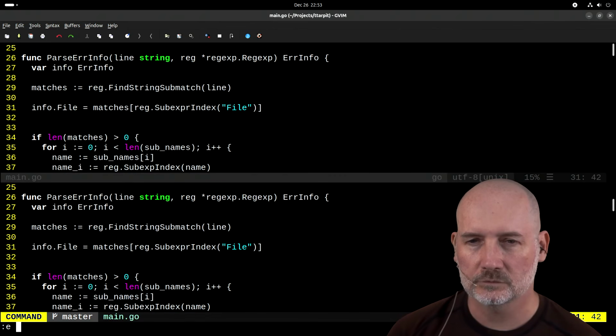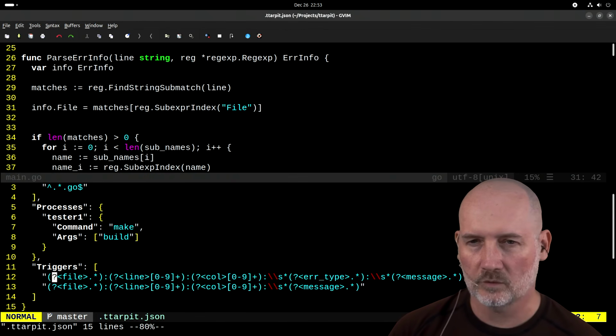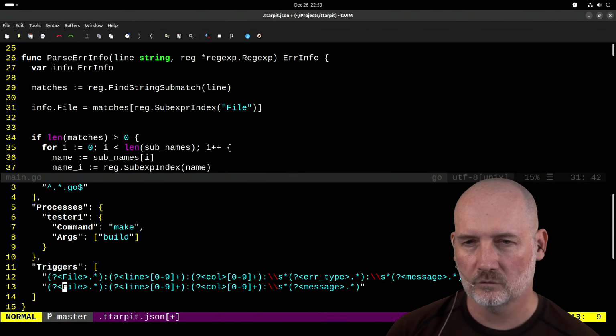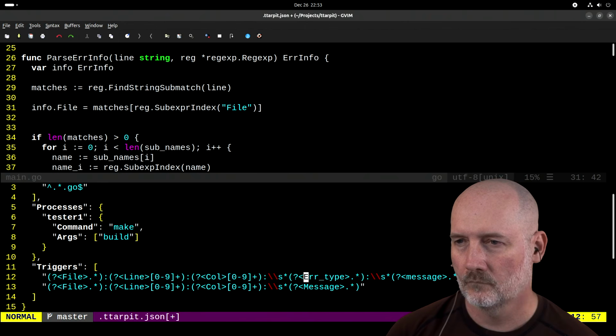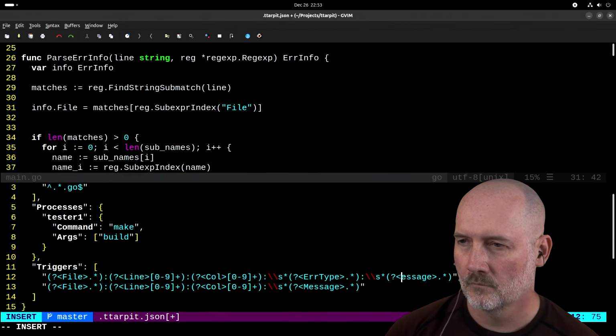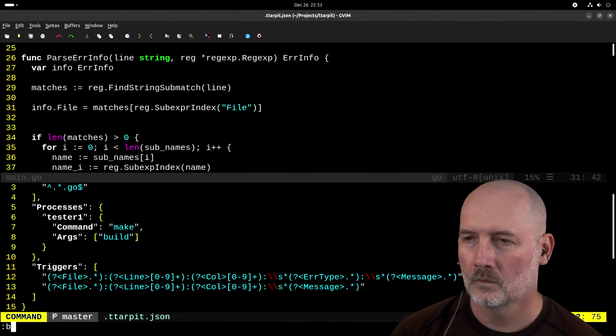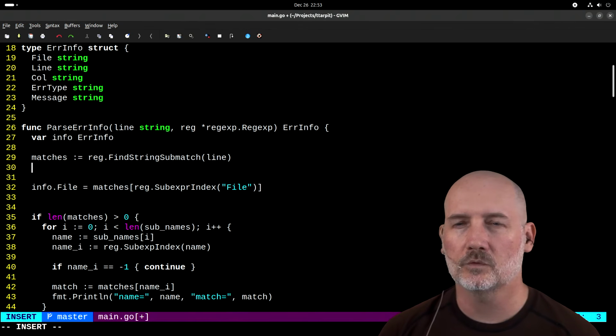Yeah, let's make those match in the config. And then yeah, I could probably use reflect in a future version, and it just fills in the struct based on what's in there. Okay, so the only thing that we'd be missing is error type, so we can do